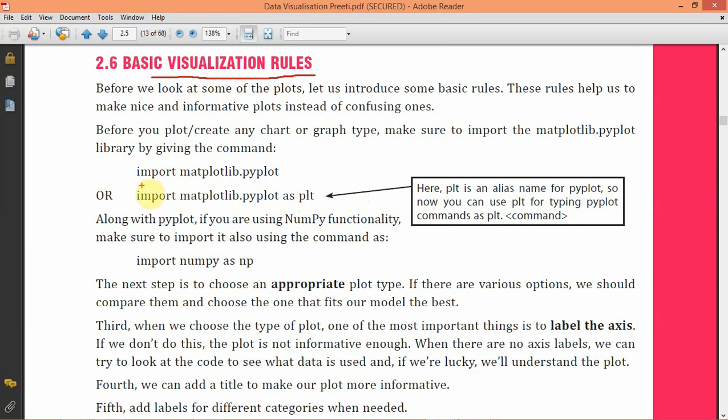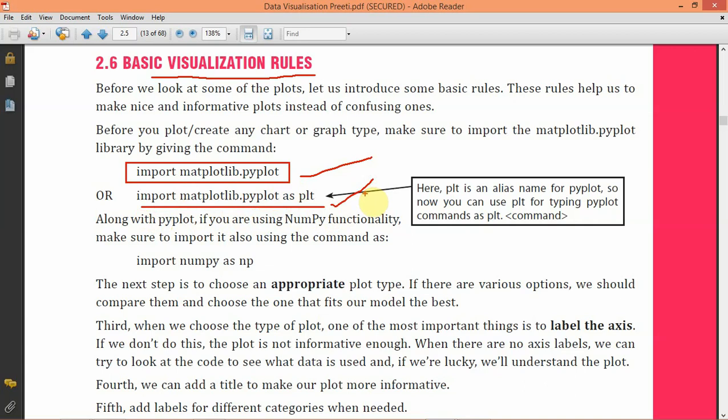So first of all you have to import this in your program. Import matplotlib.pyplot, or you can write like this: import matplotlib.pyplot as plt, as we are doing for pandas.